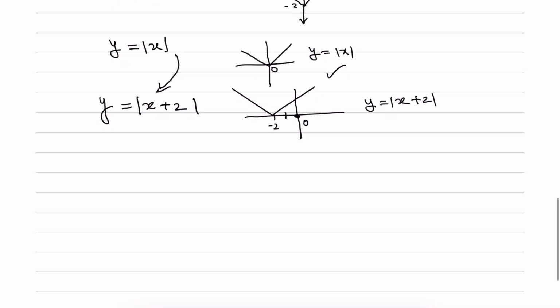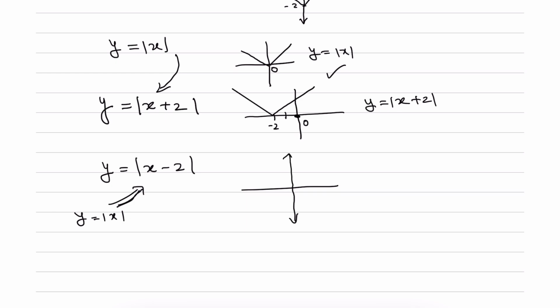But let's say now you are being asked to sketch this graph y equal to absolute x minus 2. So from the base graph, which is absolute x, how did you get this one? Is it a change on absolute x completely, or is it a change only in x? Definitely this one is the change only in x. Whenever there is a change only in the variable x, either the graph is shifted left or right. But in a specific case like this, the number 2 is being subtracted from x, so we will